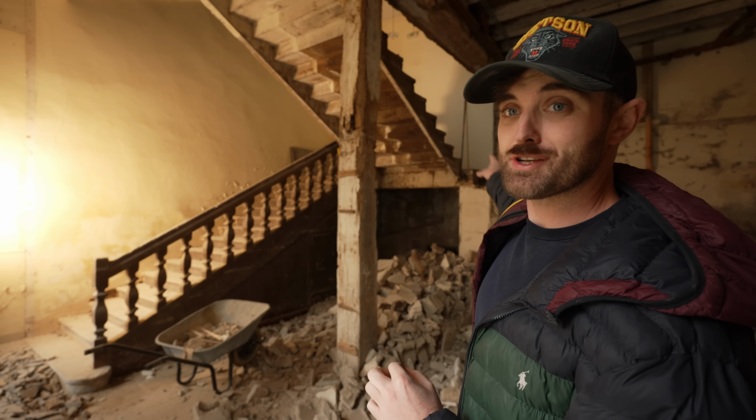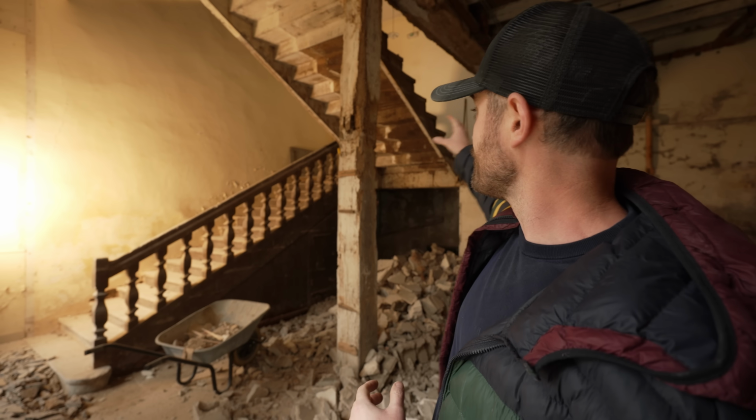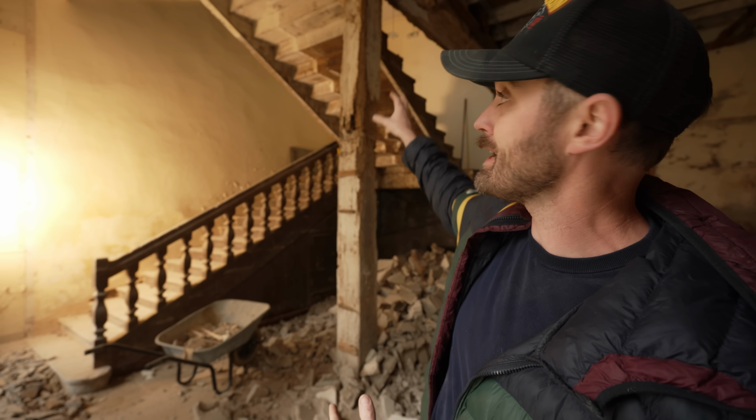This section here now really looks like it needs some balustrade. However, having that made might be a little bit tricky, but we'll try. And if not, we could do something similar to the bottom panels here, sort of an opposite along here, and that will look nice. It will also look quite in keeping as well. So in about 3.5 to 4 weeks, the sandblasting is going to commence, and Martin's going to come and clean the underside of the staircase and then all of the beams in this room. And in the meantime, once it's all cleared, we're going to start exposing the floor. I'm really looking forward to that stage because I'm not sure what we're going to discover,